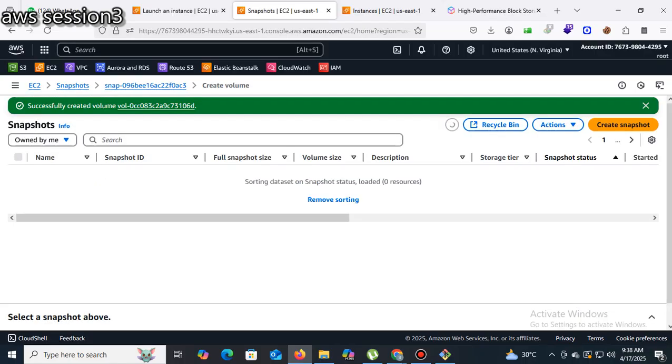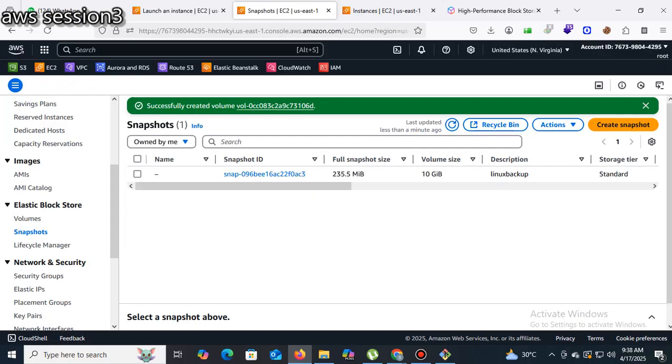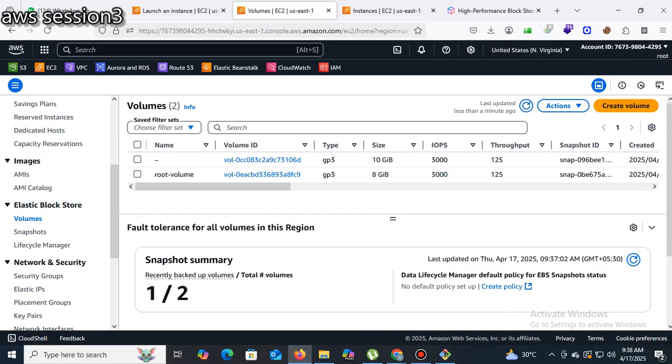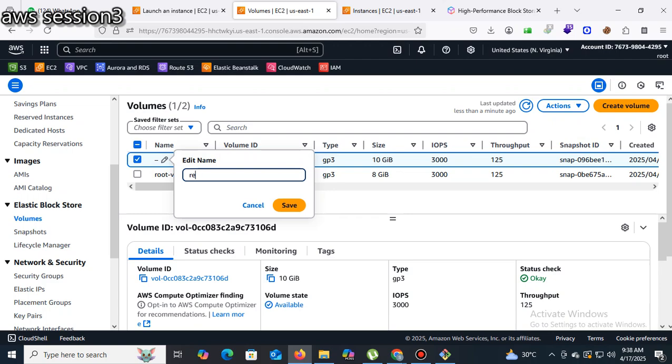Create a volume, go to the volumes here, and use the name as restore volume.